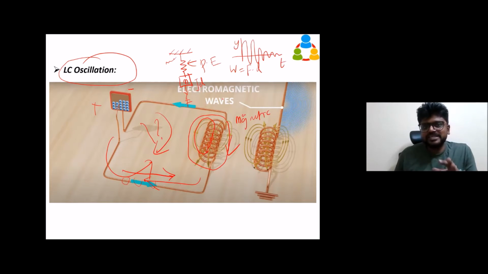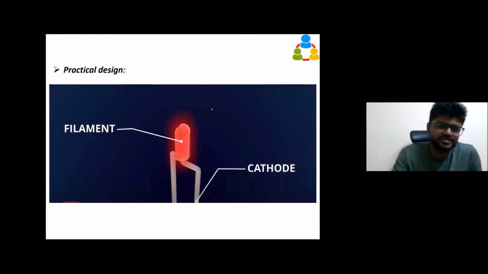So this is the theory part of the LC oscillator circuit. But how are we going to achieve that without getting damped, without losing the energy? That is where our next design part comes in. So the basic idea is this: in order to produce electromagnetic waves, you need accelerated charges. We are producing the accelerated charges by using this LC oscillation. But this LC oscillation will not happen eternally. It's going to damp. So how do we maintain this oscillation so that I can tap the electromagnetic waves and give them to our microwave oven? That is the purpose of the next slide. So this is the practical design.